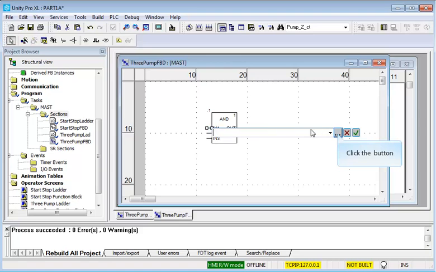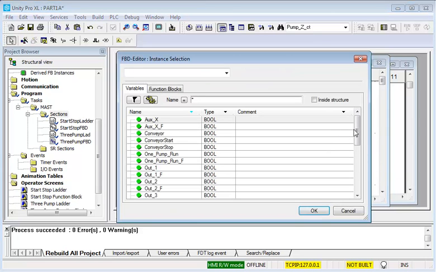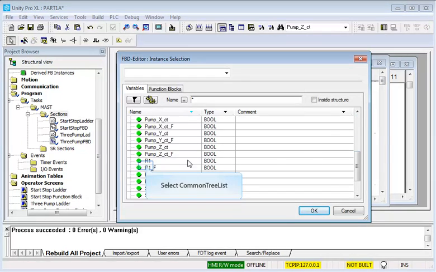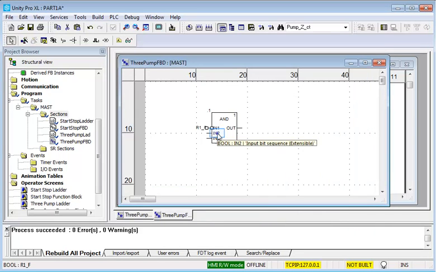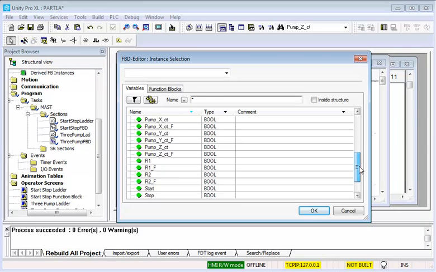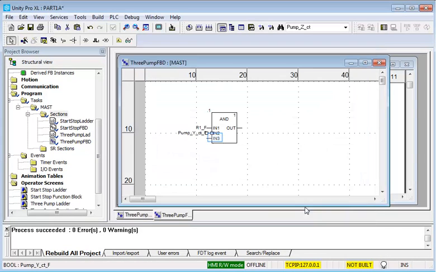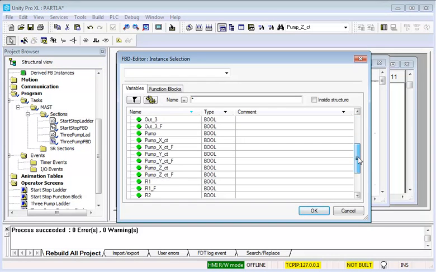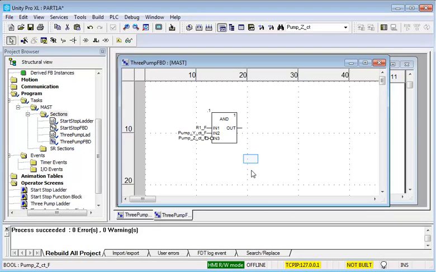I'm going to label the first input, and that's going to be R1F. I'm going to label the second input as pump YCTF. Label the third input as pump ZCTF. Now I can select that function block and go Control C and then Control V and put another